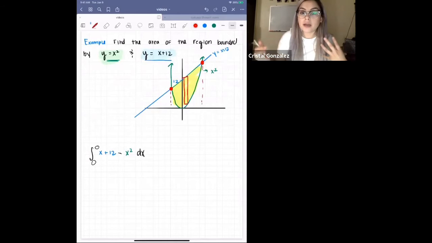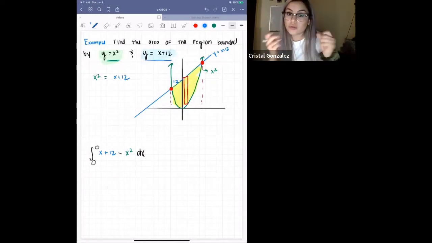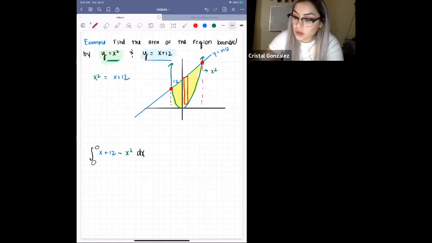Now, the most accurate way to do this is to actually set the two functions equal to each other. So what you're going to do is set x squared equal to x plus 12. When you set those equal, they're going to tell you where those x values are intersecting each other. And so if we solve this,